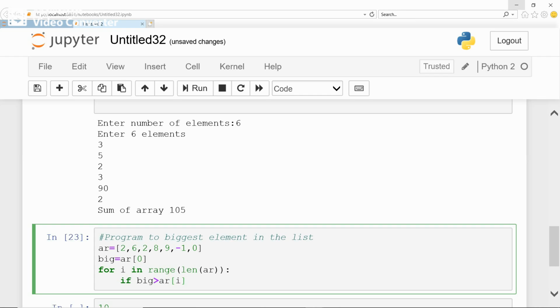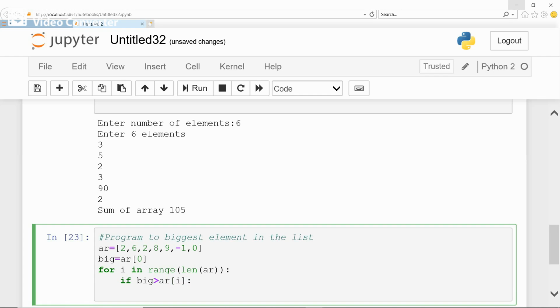If the condition is true, then no need to do anything. If big is less than AR of i, then we need to store AR of i into big.